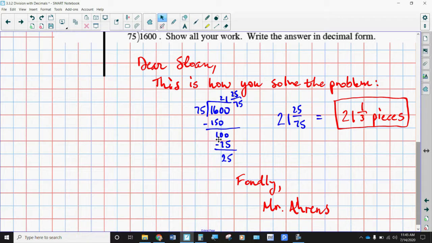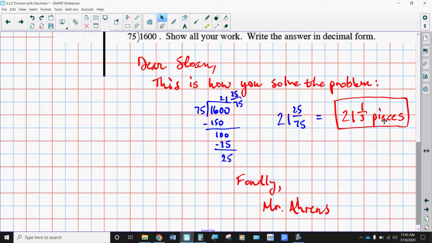We do the subtraction, and we bring down the 0. How many 75s fit into 100? Only one of them. That would be 75, and when we do the subtraction, we get 25. So if we're going to just write our answer as a fraction, we can just stop right there and say, well, that's 25 over 75, which can be simplified down to 1/3,